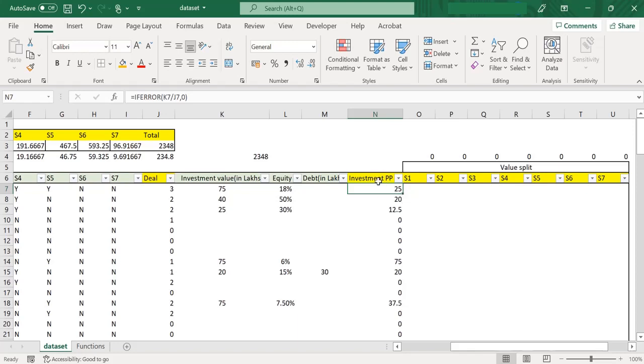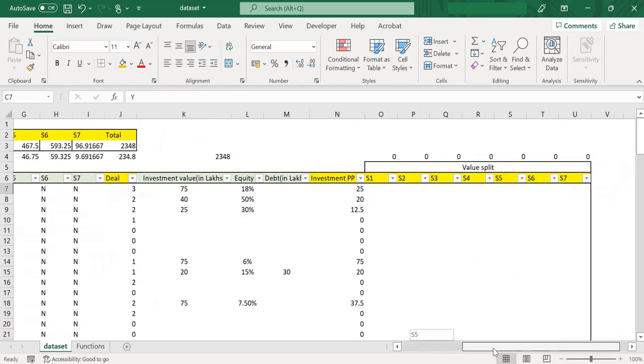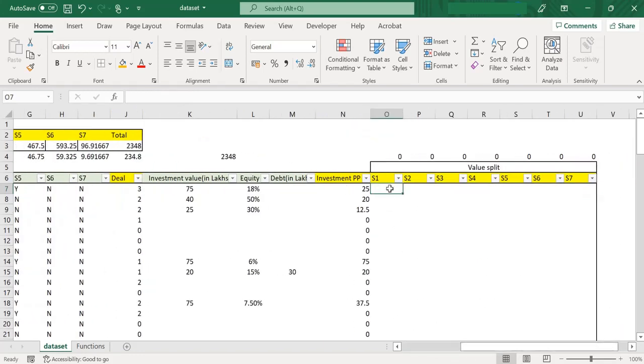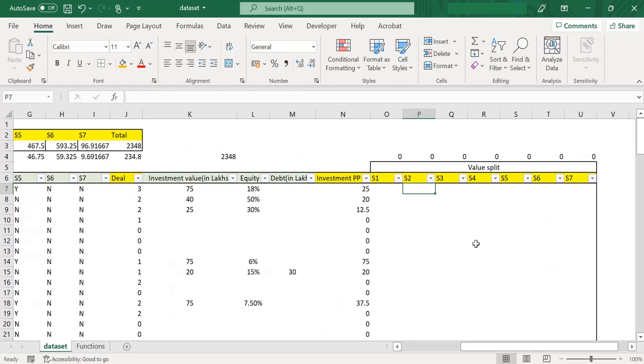The N column represents the investment value per person, which we have previously calculated. So if this cell is Y, this value should be available here. If the next cell is N, it should be 0 here. So how can it be done? We'll start by writing the IF function for this.